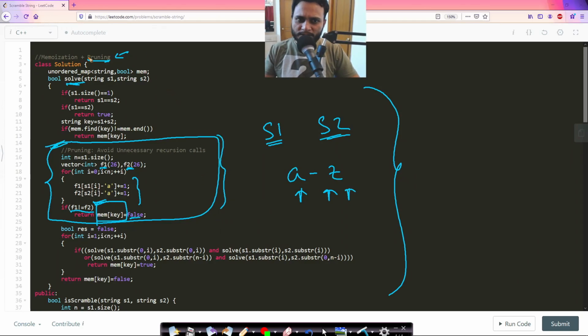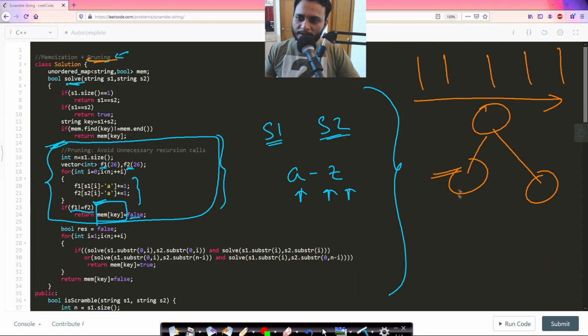Now this memoization plus pruning has the same time complexity as the memoization code. So what is different here? Actually, the worst case time of both of them is the same, but the test cases which are given will be uniformly distributed, so they will not be of the same type. They will not force the worst case every time. In the recursion call, in some of the internal nodes, the frequency of f1 will not be equal to the frequency of f2.